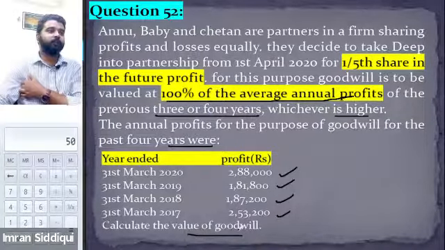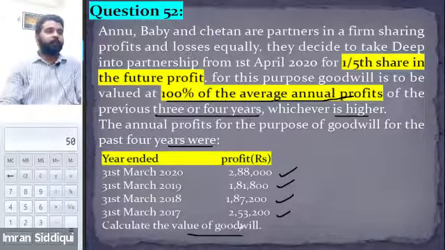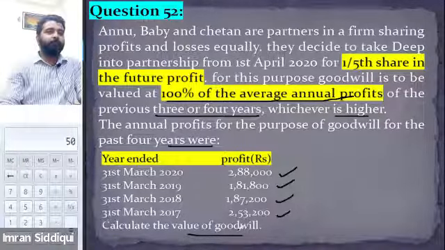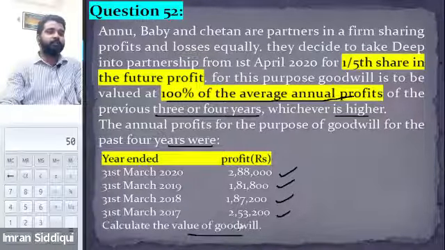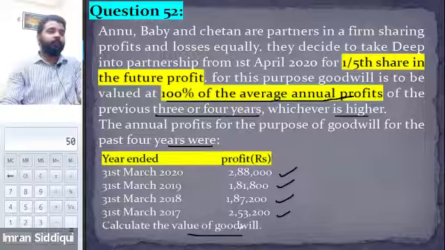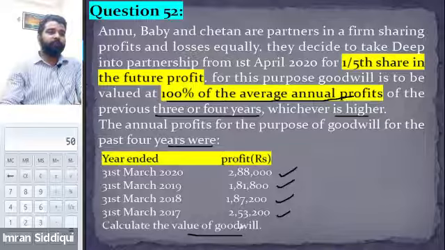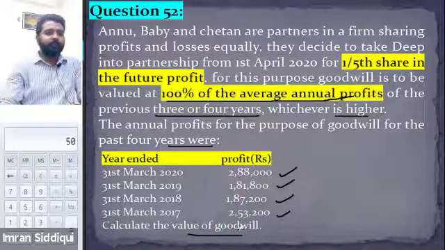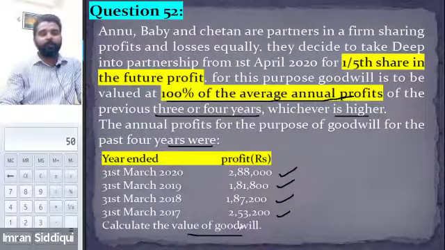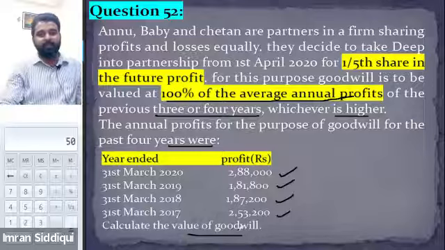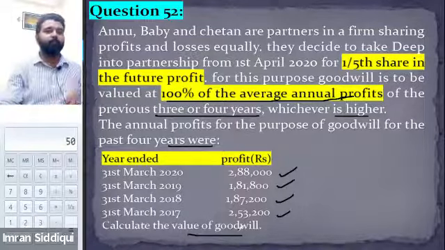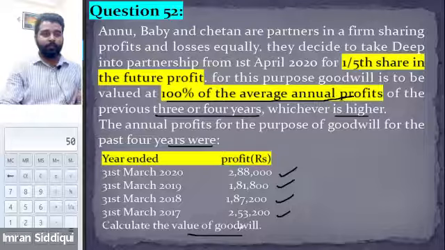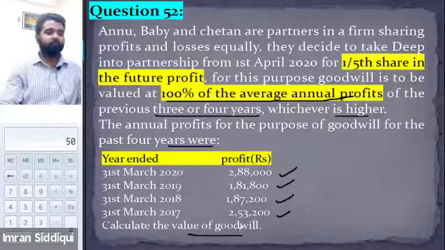Okay, so this is the question, guys. There are three partners, right? Anu, Baby, and Chetan. They are admitting one more person as their partner, the new partner named Deep. They are admitting him for a 1/5 share in the future profit. So this is completely irrelevant for the valuation of the goodwill. Keep that in mind. We are not concerned with how much share the new partner is entering the business for. Right now, we are only concerned about the valuation of the goodwill. So this point is completely irrelevant. Now, the relevant point is